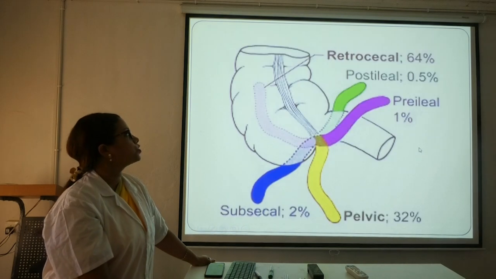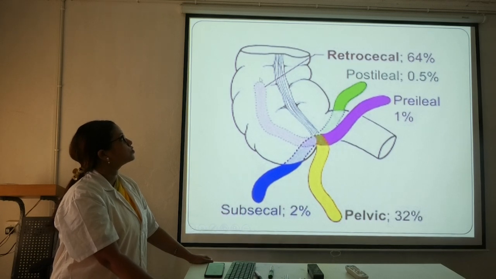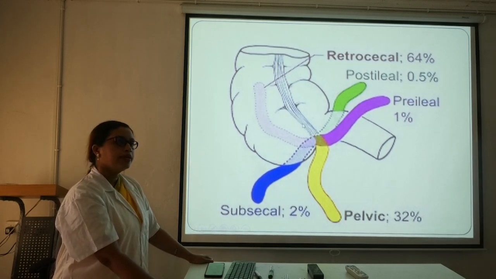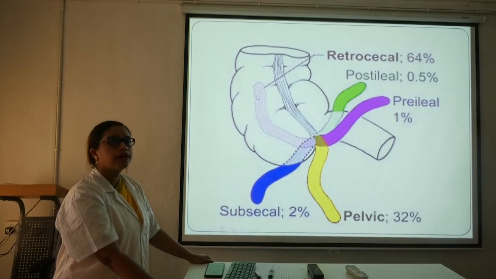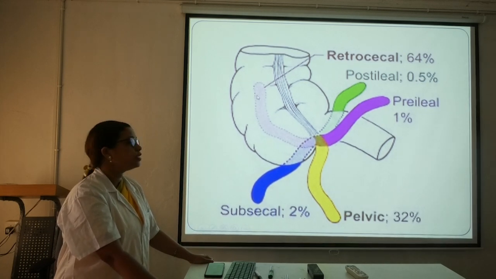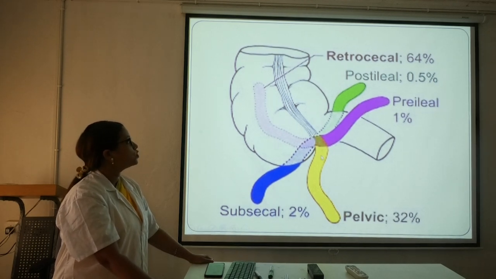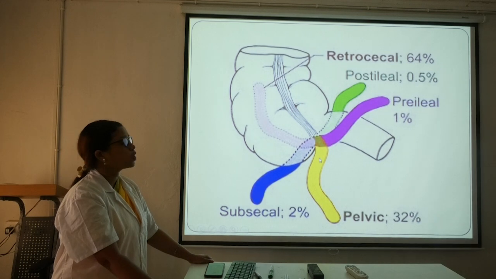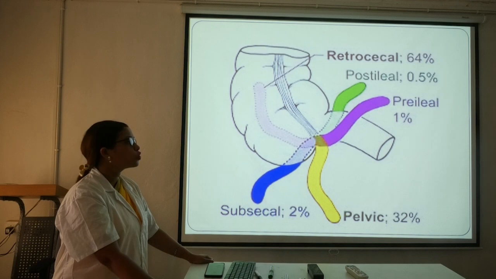So we will see the picture, see here what is happening. First we said retrocecal. So see, this is the one limb. If you think of this as a clock, this is one limb. Another one is going here, so it is making 12 o'clock position. Then next one they said is the pelvic. So this is which o'clock position? See and tell me how much. 6 o'clock. Then next one is this one,